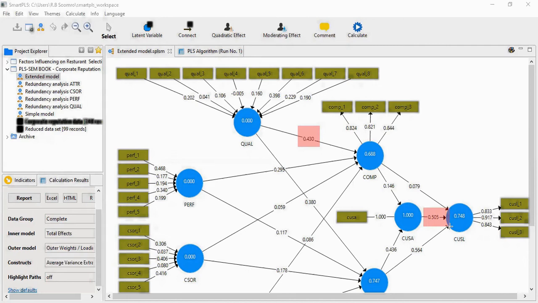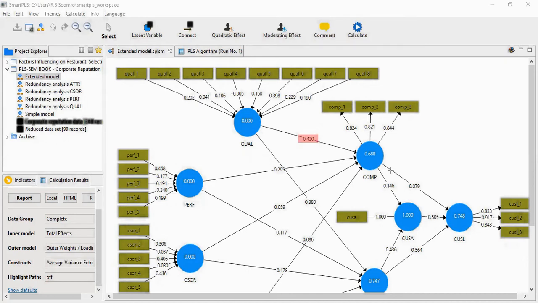These are quite sufficient impacts. All the values are within the range of +1 and -1. So 0.430 means it has a positive impact, and the value of this impact is 43%